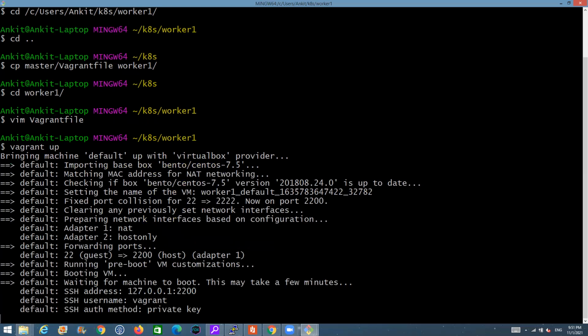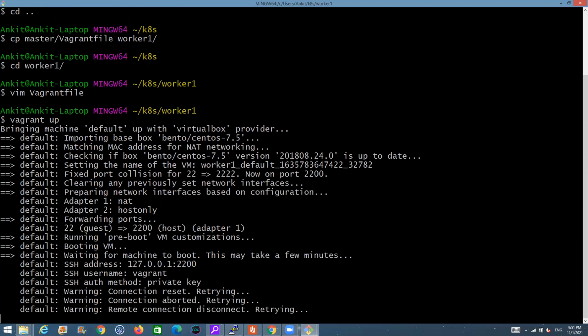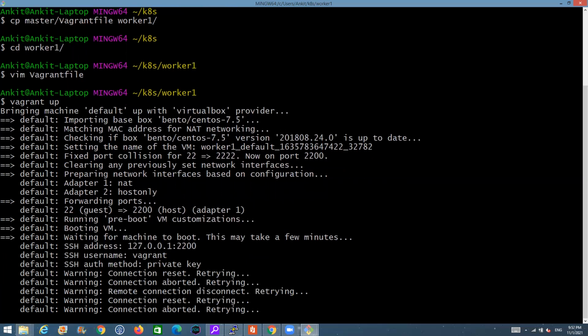Okay. All right. So if you see this, it has actually created the virtual machine. And this time, if you look, it is not running on 2222, rather it's running on 2200. So this is the port number. This is how it differentiates between the virtual machines which it is running. Also, the name of the virtual machine will be different. And let this virtual machine come up. Then I will show you by getting inside it. We are going to verify the configuration.